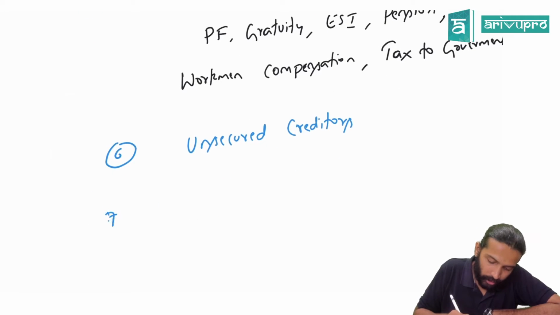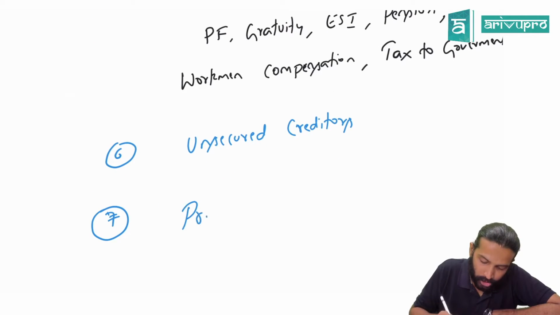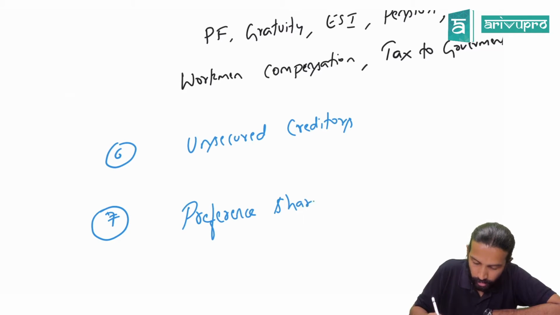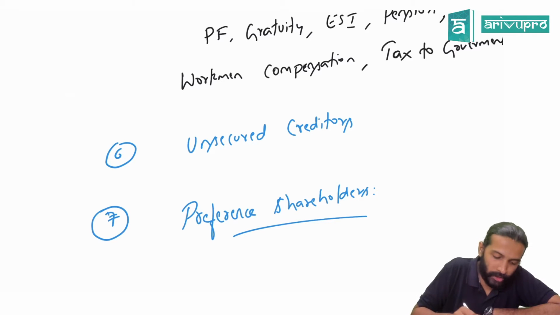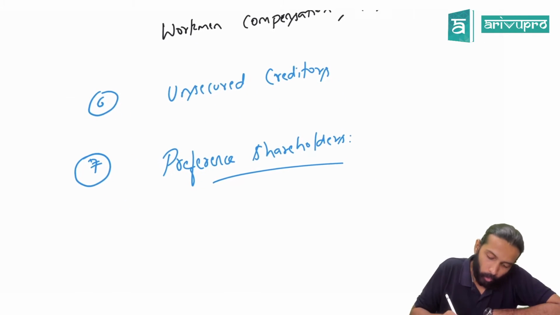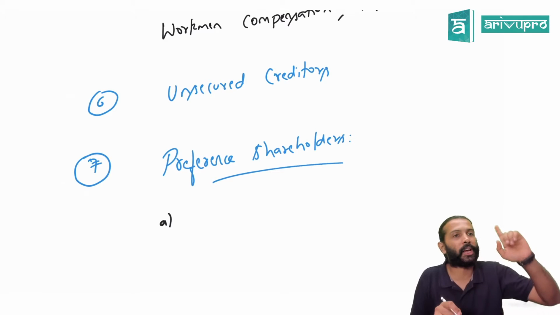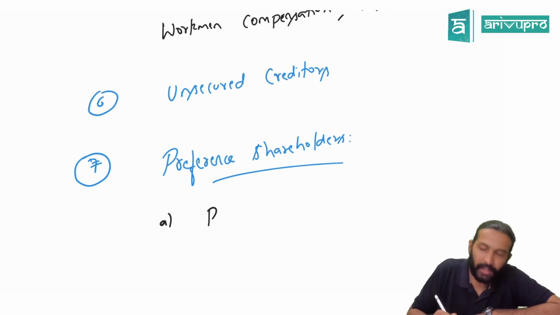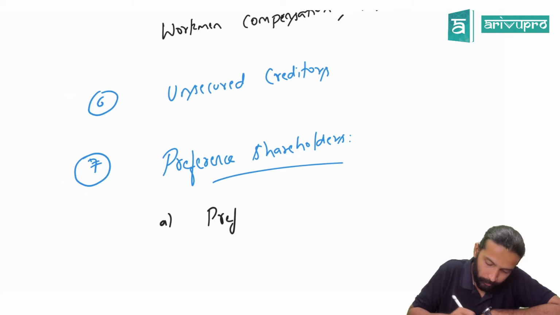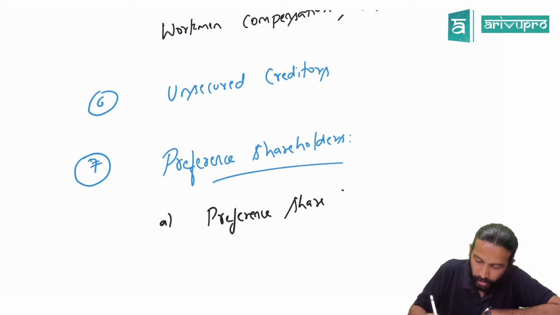After paying unsecured creditors, you will pay preference shareholders. What all will preference shareholders expect, sir? One, they will expect their preference share capital and any dividend arrears. So you need to pay them preference share capital